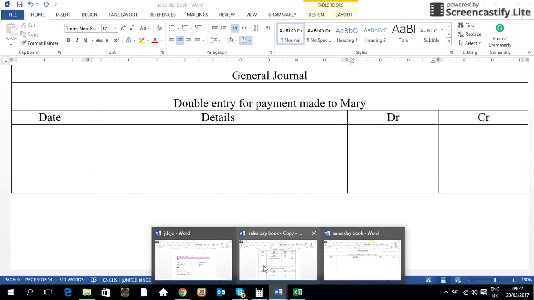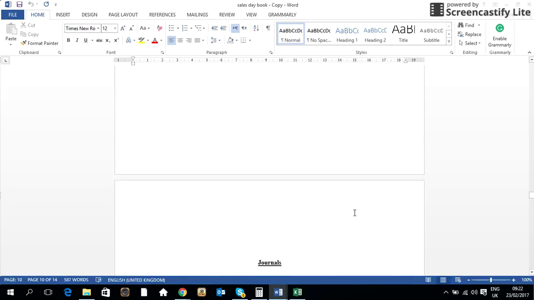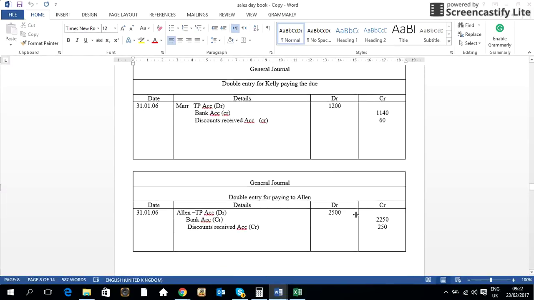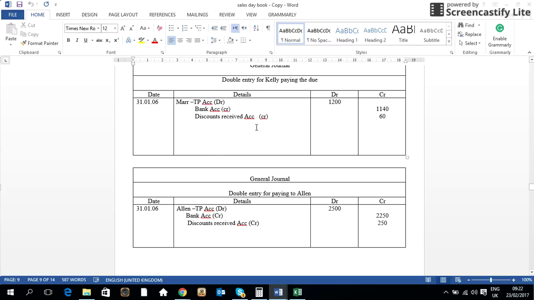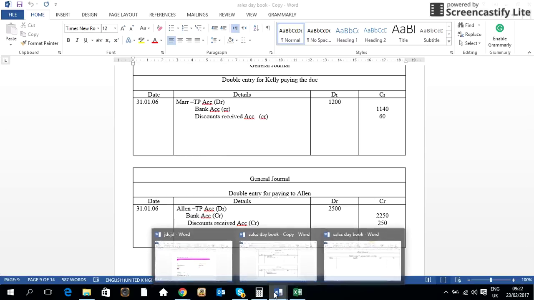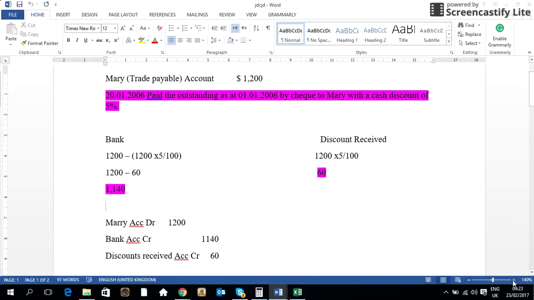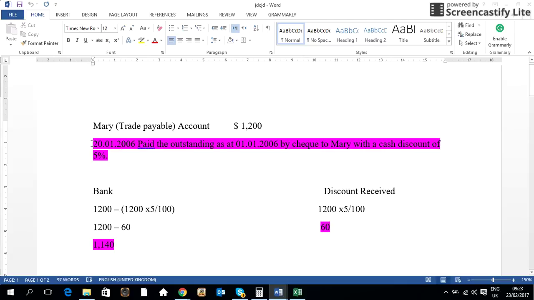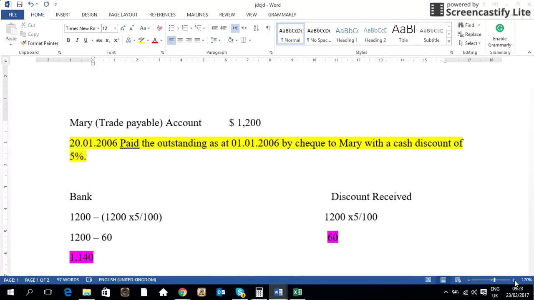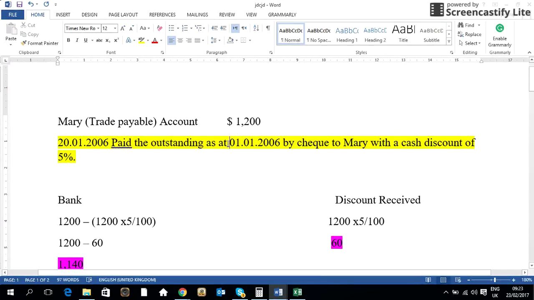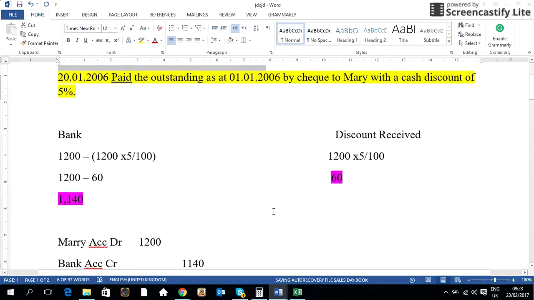Now we need to see the double entry for the payments made by the firm to the trade payables. So here I have shown an example. Okay. It says on 20th we have made a payment to Mary, the outstanding which was on 1/1/06, by check with a cash discount of 5%. So the opening balance at the beginning of the year was 1,200. The bank